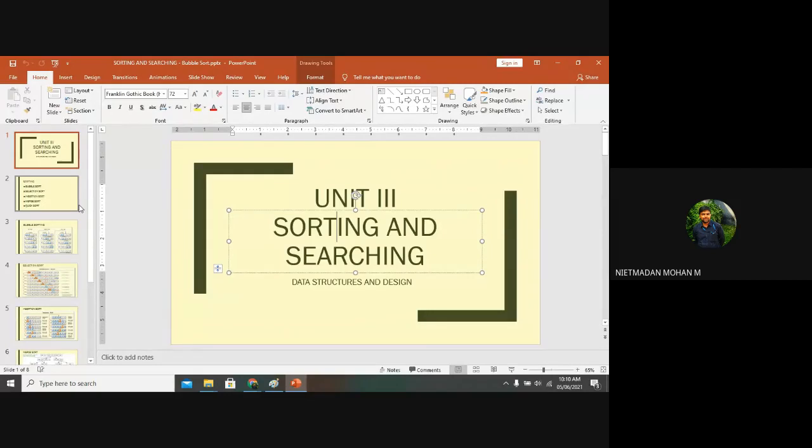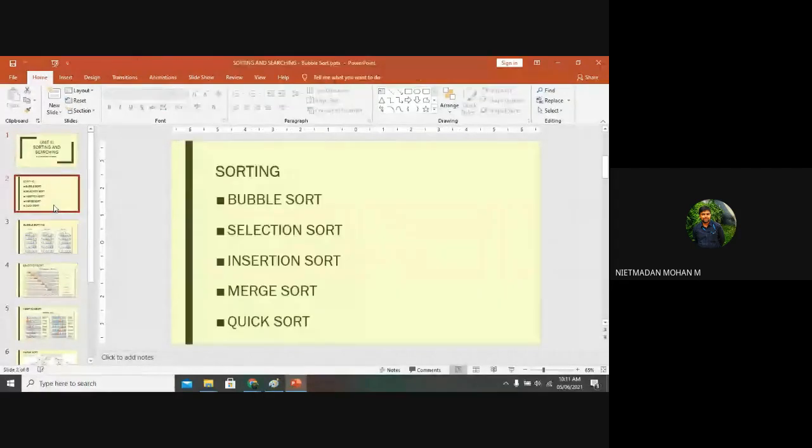All the sorting techniques we discussed in PSPP will have the same output. Whether you are using bubble sort, merge sort, quick sort, insertion sort, whatever sorting you are using, the output will be the same, but the method and the condition of the sorting will be different. In the third unit, we are going to look at 5 types of sorting techniques. These are all the 5 types, which we have studied in PSPP already.